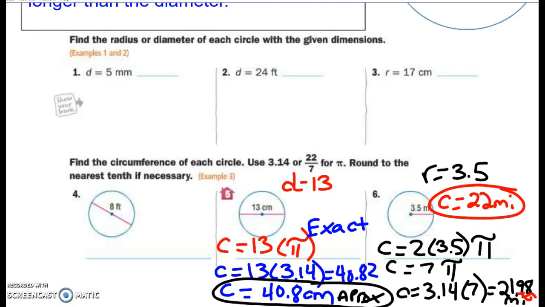All right, in this video lesson, we learned how to find the circumference of a circle. I would encourage you to go ahead and try the independent practice at the time before you move on to